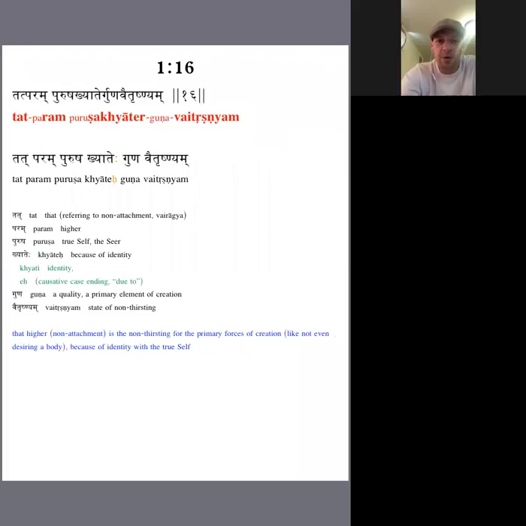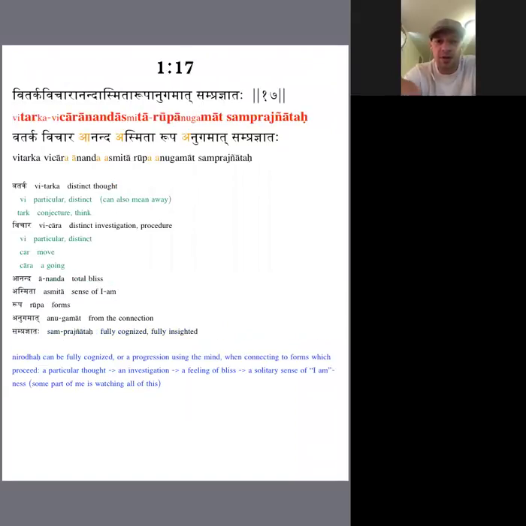We then went forward to the 17th Sutra, which was our first definition of the stopping back process internally, Nirodha. Vitarka vichara nanda smita rupa nugamat sampragyataha. And it's saying that Nirodha is sampragyataha. They have the same ending, so we know that it's talking about Nirodha. And it's saying that it is fully cognized. Gya means wisdom, pra means internal, and sam means fully or totally, perfectly. So I have this fully inner awakening process, cognitive process of the stopping back of these spinnings in my mind